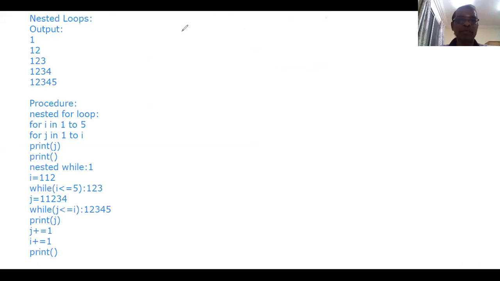Now we'll study about the jump statements. It contains 3 statements. One is break, second one is continue, third is pass.